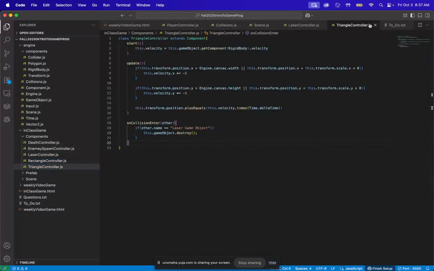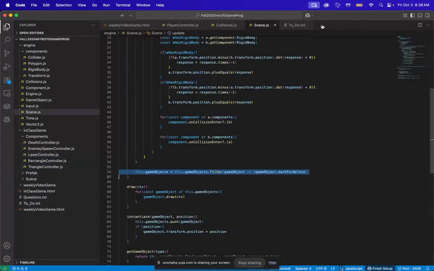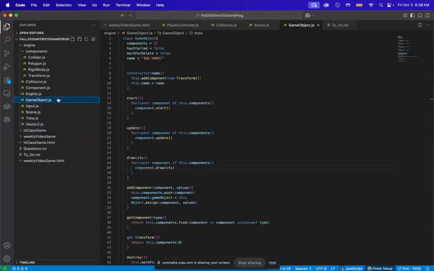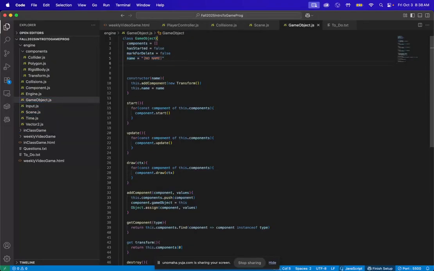Now, this is okay for now, but there's a couple of issues that can happen with strictly only naming conventions. One specific one is, say I have 20 enemies. I don't want to have an if statement that has if enemy 1 or enemy 2 or enemy 3 or enemy 4 or enemy 5 or enemy 6 or whatnot. So one common thing we see is that in our GameObject.js, if we have a name equals no name, there's also the tag equals